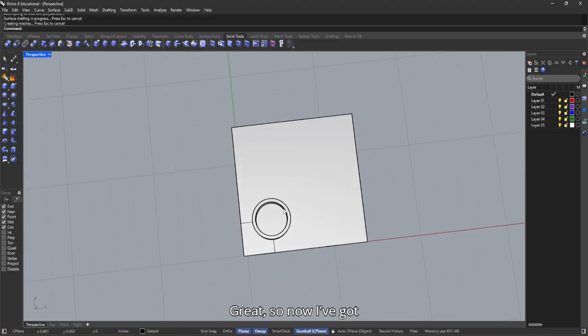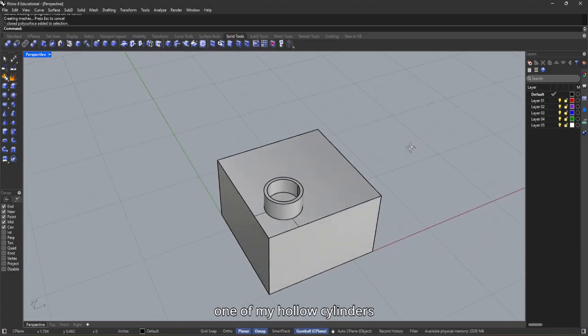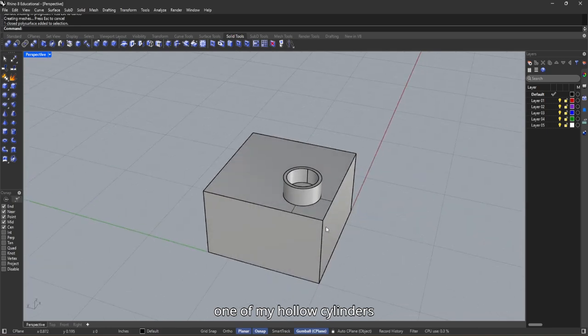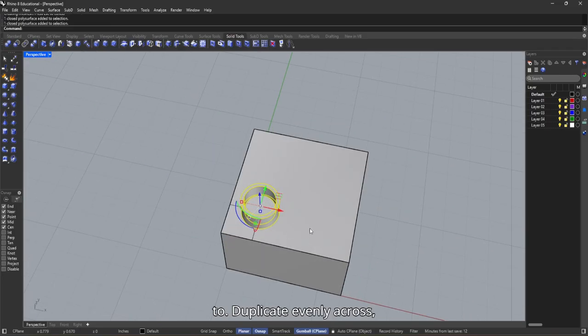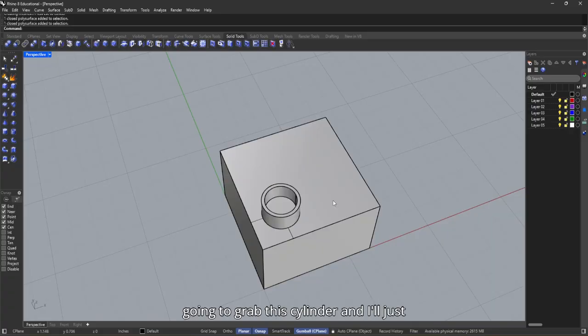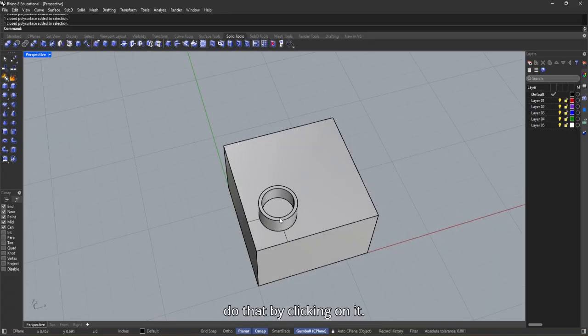Great. So now I've got one of my hollow cylinders. I want to mirror it, right? I want it to duplicate evenly across this top square surface. So what I'm going to do is grab this cylinder, and I just do that by clicking on it. And I'm going to type in mirror,